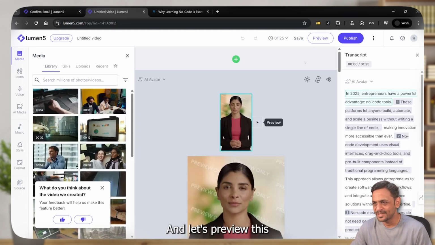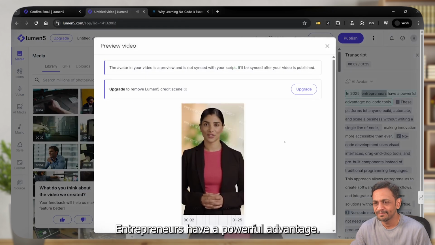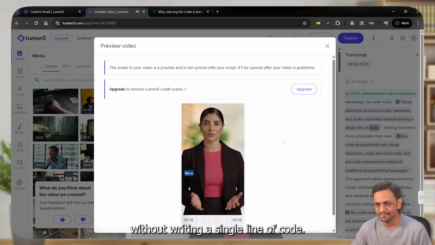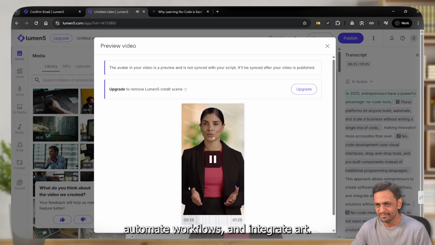In 2025, entrepreneurs have a powerful advantage: no-code tools. These platforms let anyone build, automate, and scale a business without writing a single line of code, making innovation more accessible than ever. No-code development uses visual interfaces, drag-and-drop tools, and pre-built components instead of traditional programming languages. This approach allows entrepreneurs to create software, automate workflows, and integrate